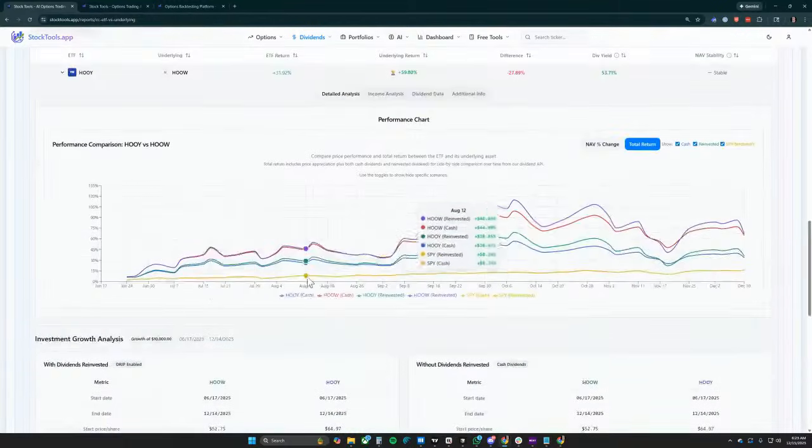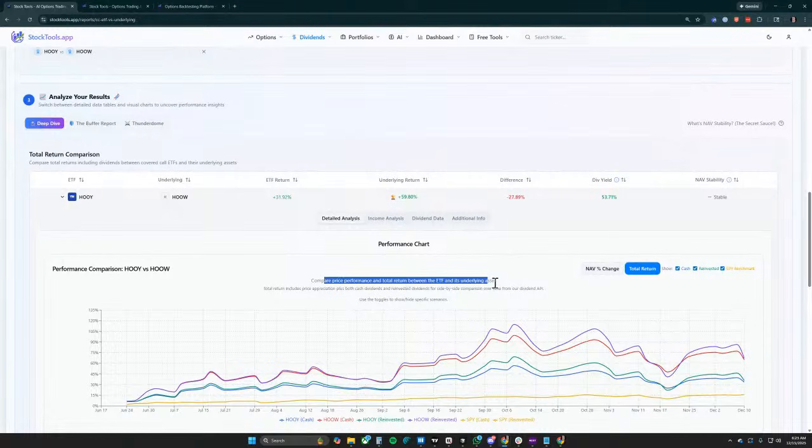Yeah, man. Hood. I run covered strangles on Hood myself. I like Hood. Hood's a good stock to sell options on. It's very, very volatile. It pays out very well, and it has been sitting in a range of like 110 to 140 for the last while. Thursday or Friday was rough on Hood.